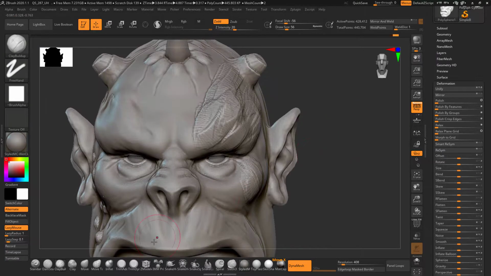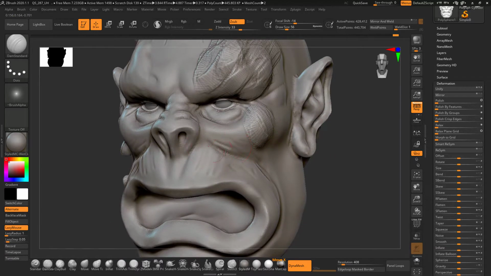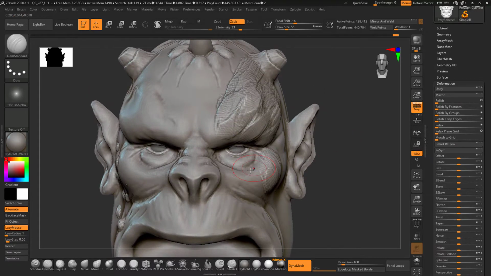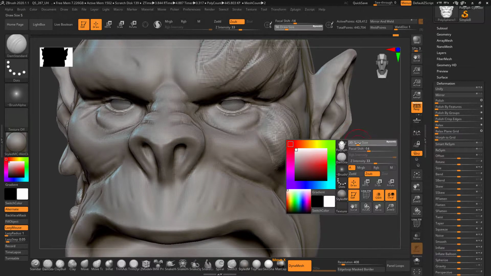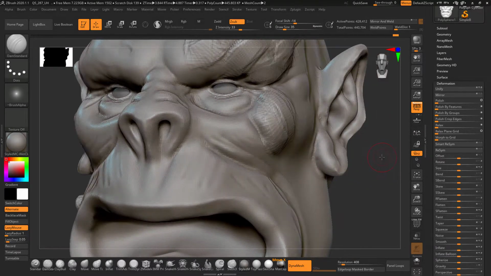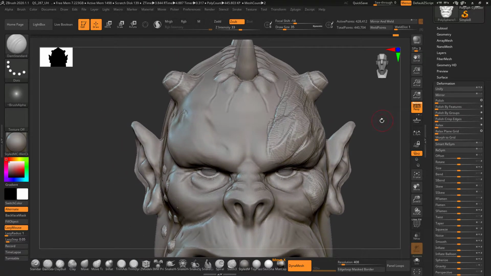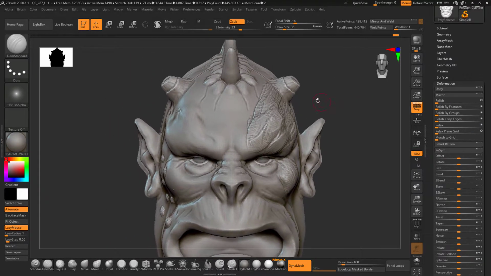And now I want to add this detail, and this will most often be the case that you may forget to activate the symmetry, and then you work for some time and later you realize that you have just missed it, and now you will have to do it over and over again on the other side. So it is a lot of rework.